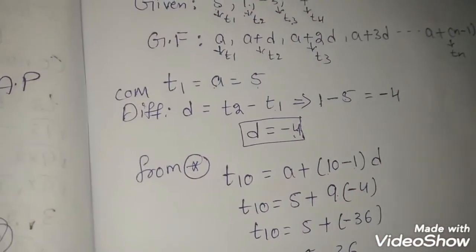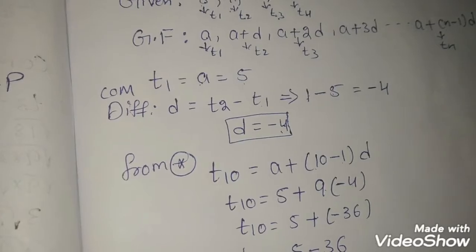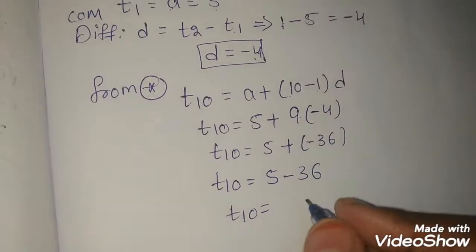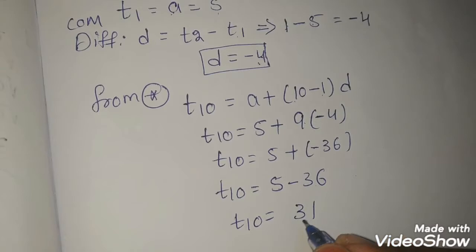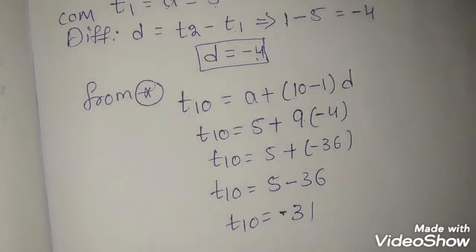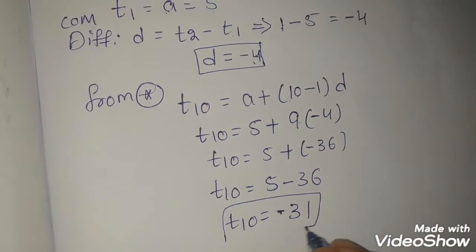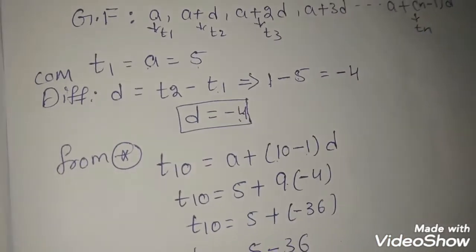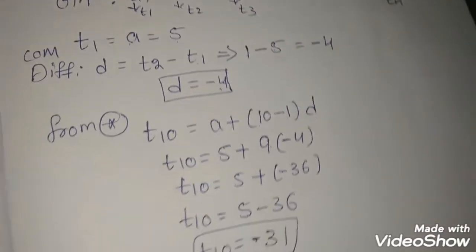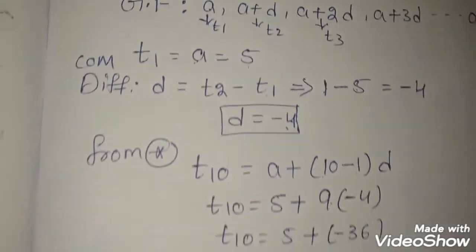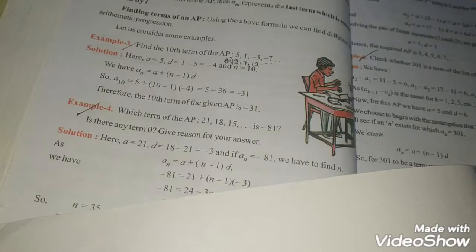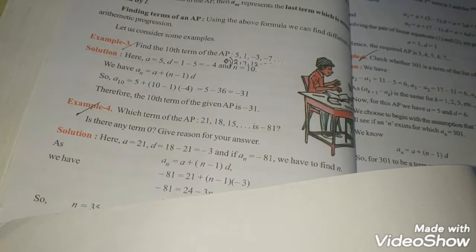So now I think you can understand what I am saying. Term 10 is equal to, what is our answer? 36 minus 5, that is 31. But 5 is smaller than 36, so we get a negative sign here. What is term 10 here? Minus 31. Understand? This is our solution. Please pause the video to note down. Thank you. Let's check question number 4.